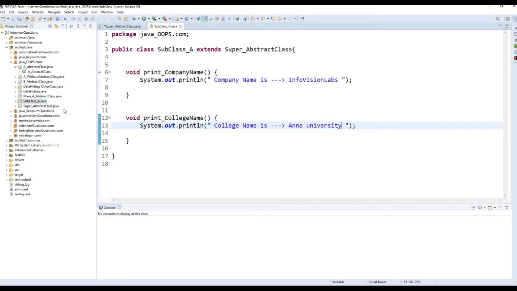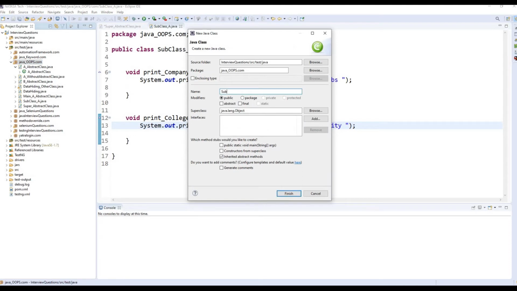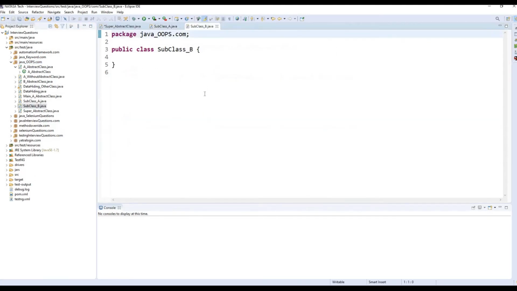The same way I'm going to create another subclass. The subclass name is subclass B. So here also I'm going to implement the abstract methods. How? Using the extends keyword, I'm going to implement the abstract methods.